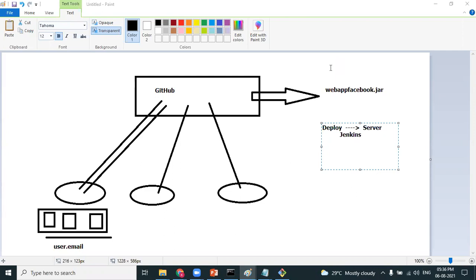How do you release it to the client? We release it by deploying it into the servers, and we don't do manual deployment. We will be deploying using the tool called Jenkins. In tomorrow's session, we will learn how to use the Jenkins tool for deployment of the artifact into the server so that the application is up and live.